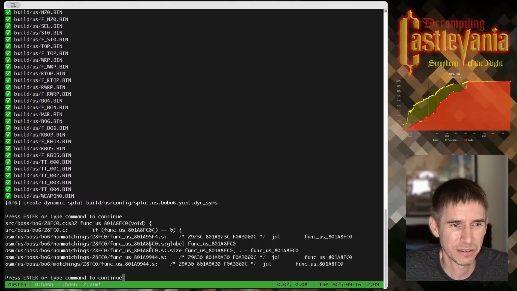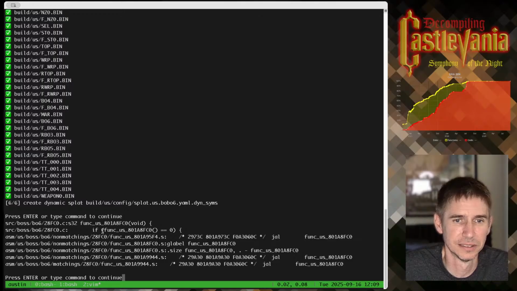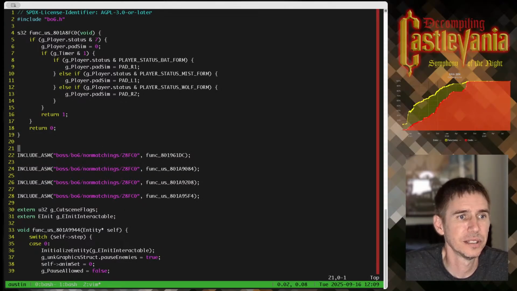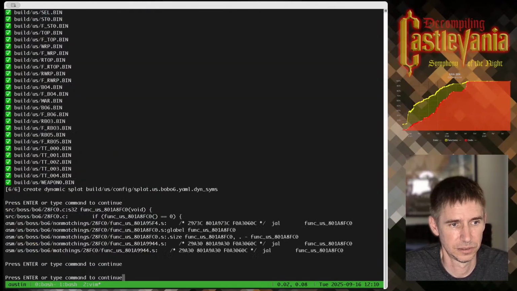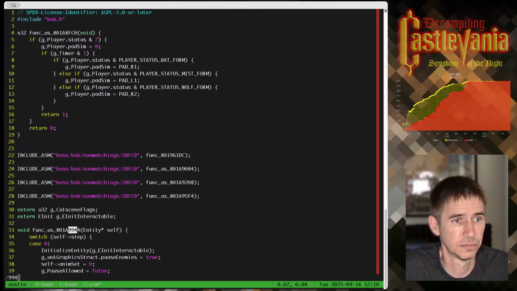So we kind of have a chain of these. Let's see if we can figure out if these are used. In matching these, we do have at least one thing that's using it here. The 994.